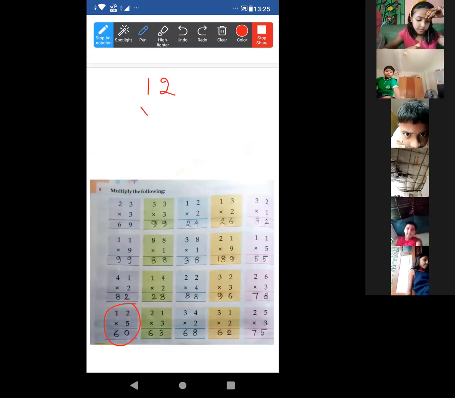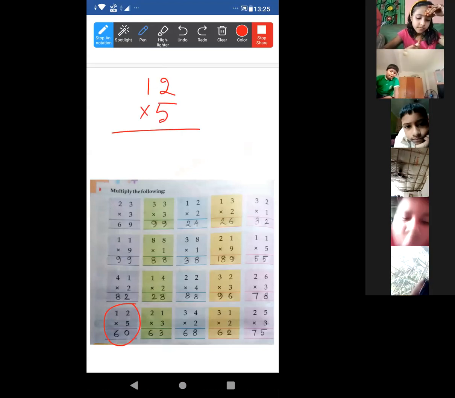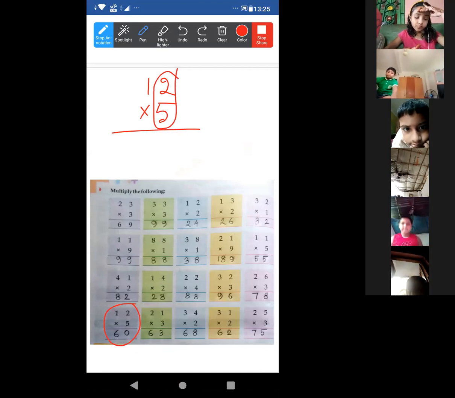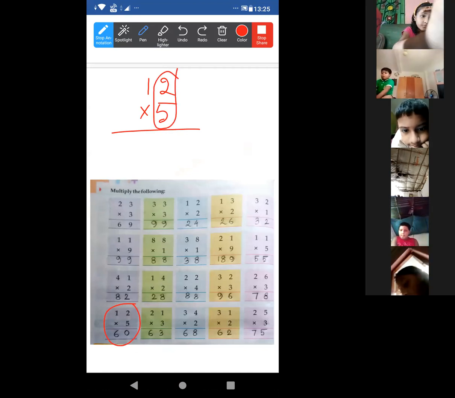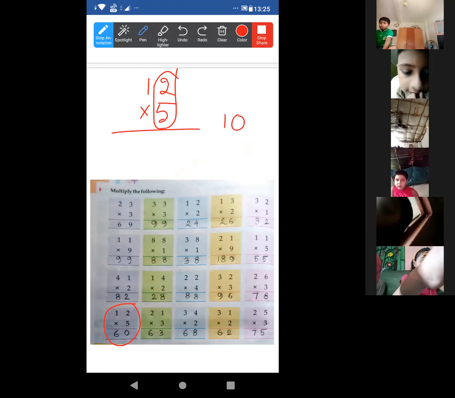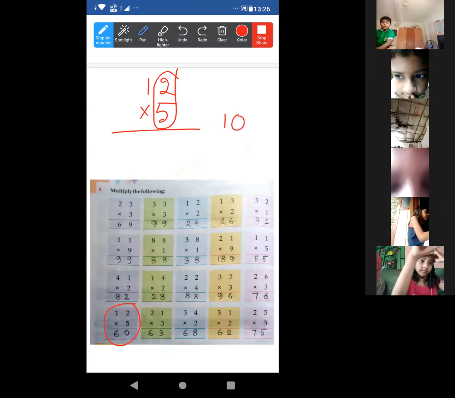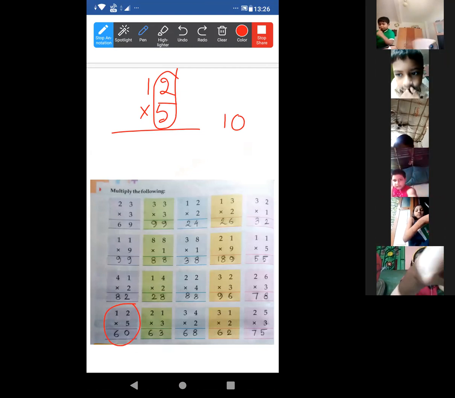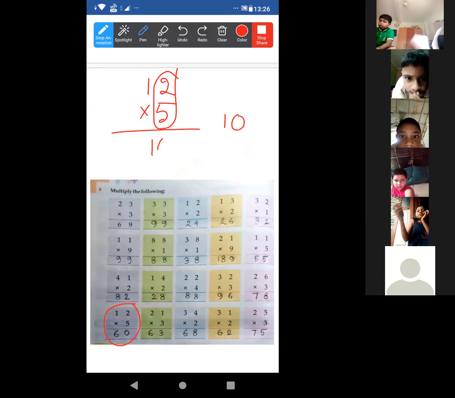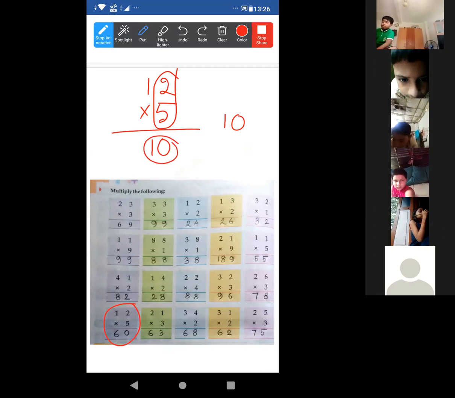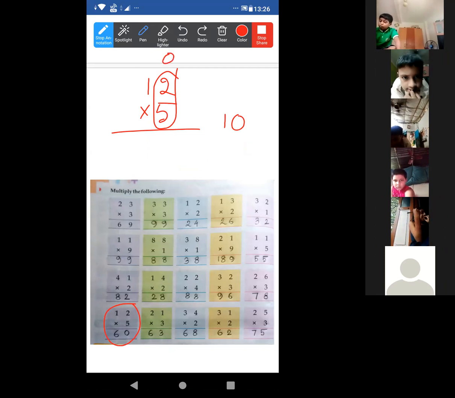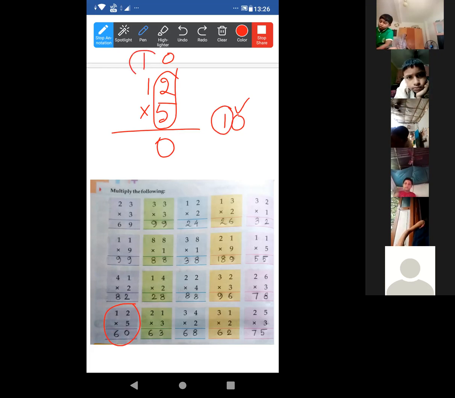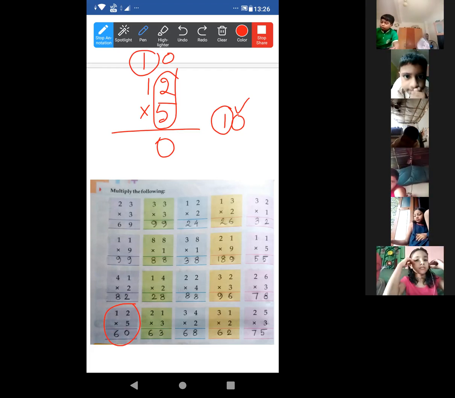Okay, look at this. Just like addition, here we have to multiply. This is ones place. So, yes or no? Yes. Okay, so 5 2s are 10. We will not put this 10 together; we have to put only the ones place. As this one is ones place, so here ones place 0, and this tens place 1 will be carried forward to here. Up to this, clear or not? Okay, ma'am. Clear.